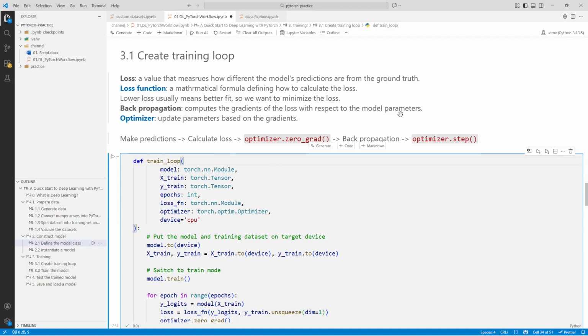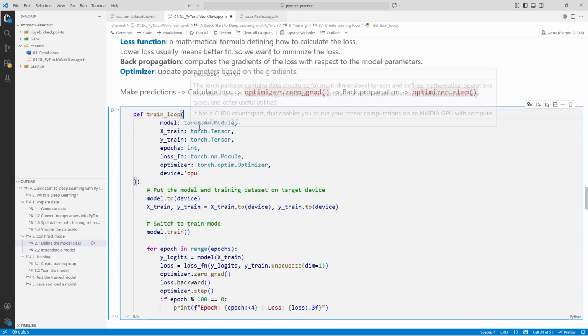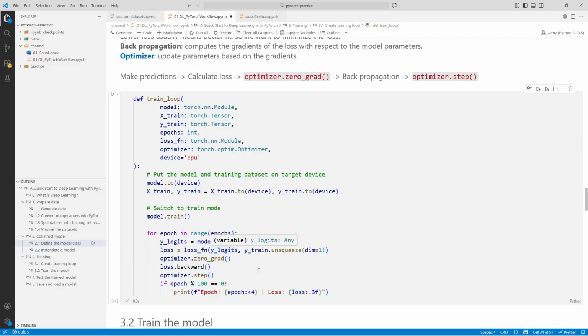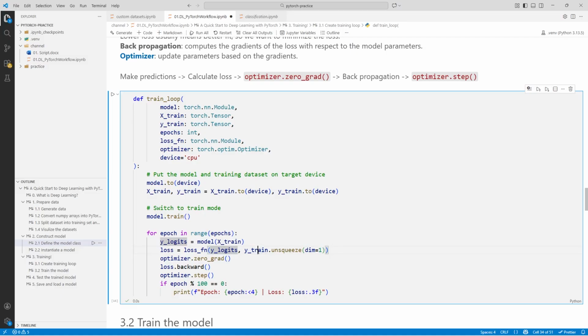Let's look at our training loop function. It has parameters: the model we want to train, the training dataset, the epochs, the loss function, optimizer and target device. And the training loop is just like what we talked about before. We make predictions using our model, and calculate the loss using a loss function between the prediction from the model and the ground truth from the training dataset.